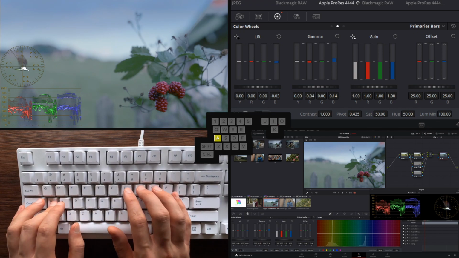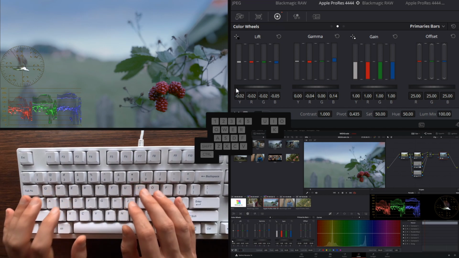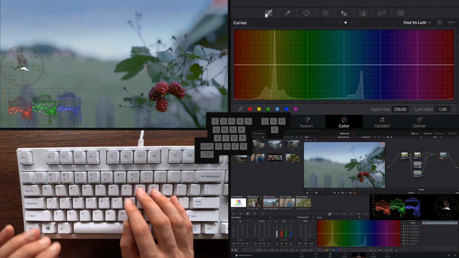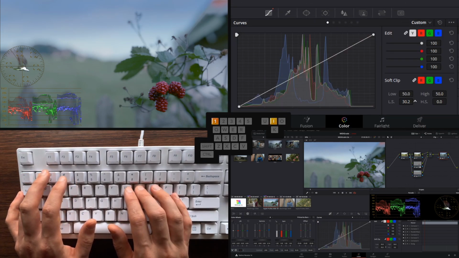I see in my histograms we are really going over the top with the adjustments in lift, so what I can do here is to go to curves, and now with soft clip I can just return some of that detail in our shadow areas,